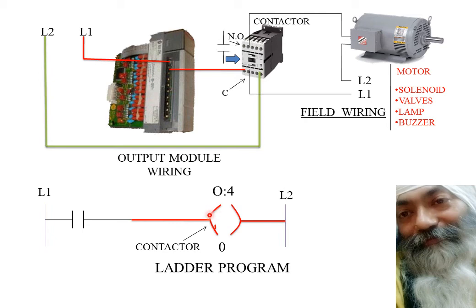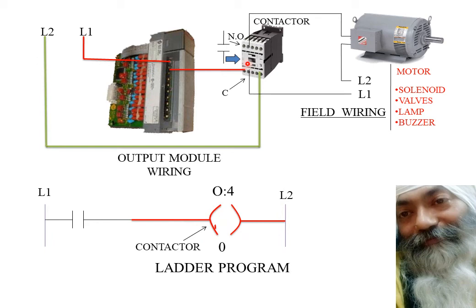This output will get energized when this condition is true. How this condition will be true, we will discuss later when we discuss the programming part. But right now you have to get yourself familiarized with how the input symbol looks like and how the output symbol looks like, and this is going to